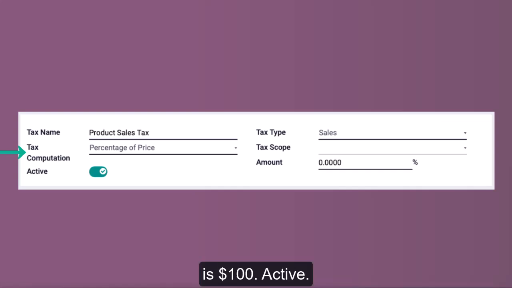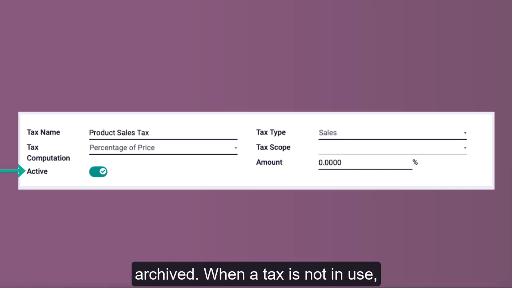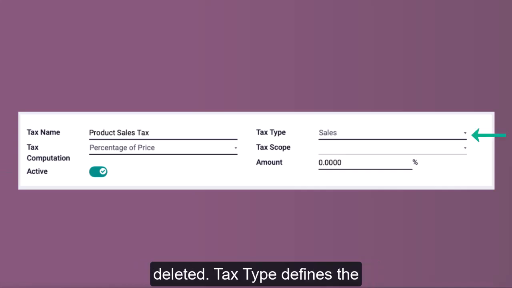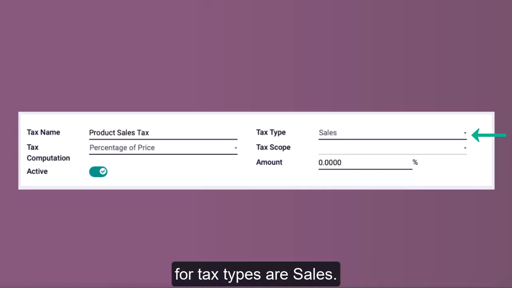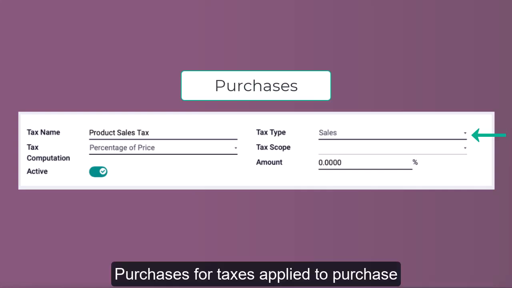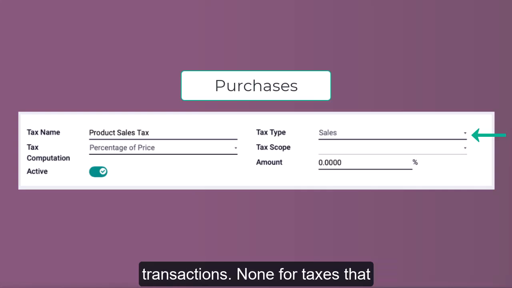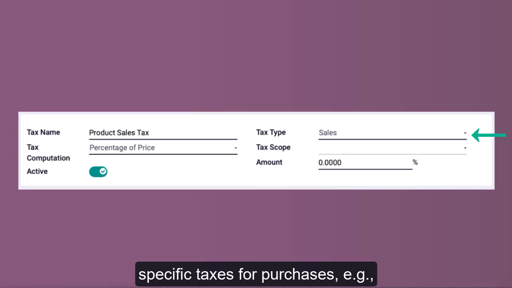price is $100. Active. This option toggles between active and archived. When a tax is not in use, it should be archived rather than deleted. Tax type. Defines the context in which the tax is used. Options for tax types are Sales, for taxes applied to sales transactions; Purchases, for taxes applied to purchase transactions; None, for taxes that do not fit into sales or purchase contexts. Use case: if you deal with specific taxes for purchases, e.g., import duties, or sales, e.g., VAT, select the corresponding